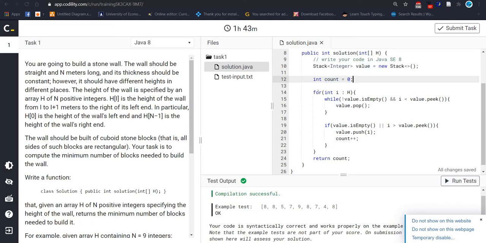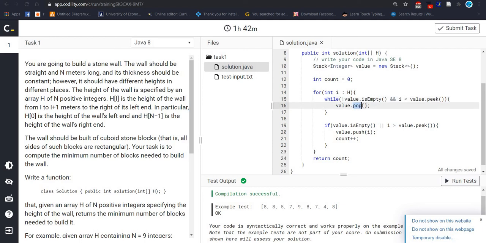After that I use a for each loop, and inside it I define all array values in the I variable, and I am calling another loop, a while loop, which will help to check how many blocks we need. At first we check if our stack is empty or not. If it's not empty and I is smaller than value.peek, then value.pop.